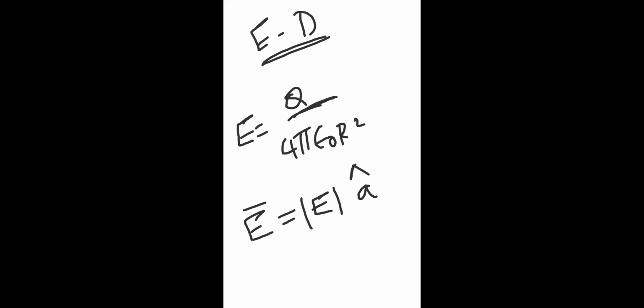Some unit vector. In general, electric field has a vector directional nature, so any vector can be written as the magnitude of the vector and a unit vector in that direction. So what is the unit vector in the direction of the electric field in the case of a point charge?